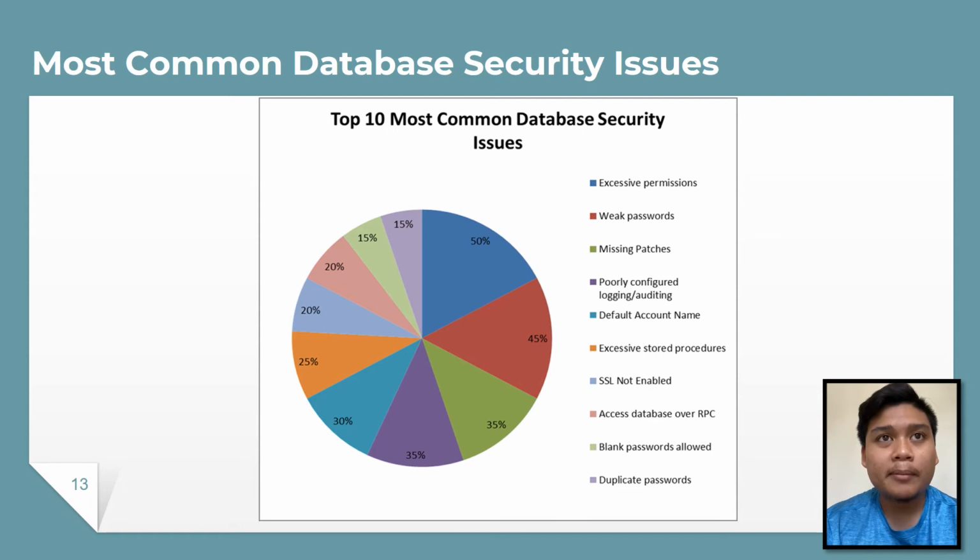So now I have come up with the top 10 most common database security issues that we can see. There are 10 types of database security issues, and I have sorted them through the statistics that can be seen. The most common database security issue is excessive permissions, which is too many permissions being given for accessing data. And then secondly is weak password. Weak password is when we need to make a password for an account, like a bank account, Facebook account, or Instagram account. We need to make our own password, and then they ask us